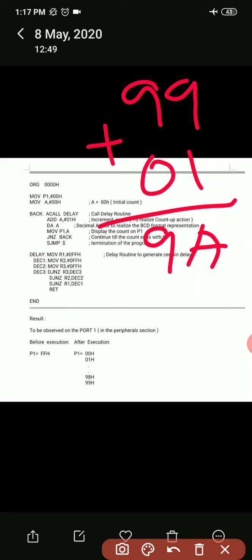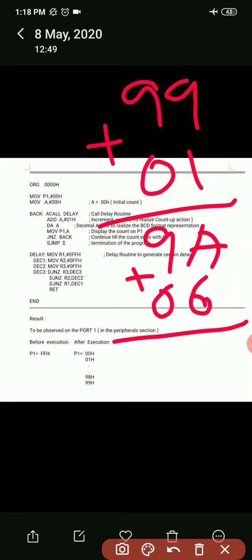A is greater than 9. So what the DA instruction does, it will add 06 to 9A. So what happens? A plus 6 is 10, right? A is 10, 6 plus 10 will give 10, right?